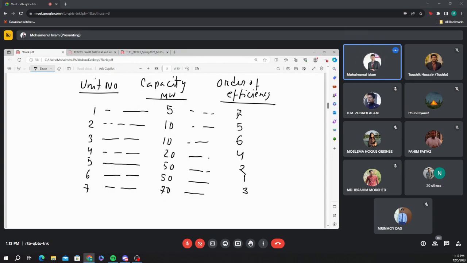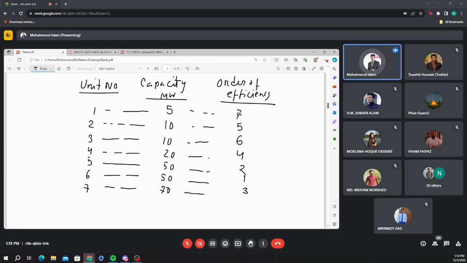So the considerations are: first, the most efficient machine should be placed in service in the first position, and according to that, in descending order, we can run other generators, with the lowest order of efficiency at the last place. And load is actually divided at an incremental rate. Suppose load demand is increasing, you need to add more generators. But you must keep in mind that